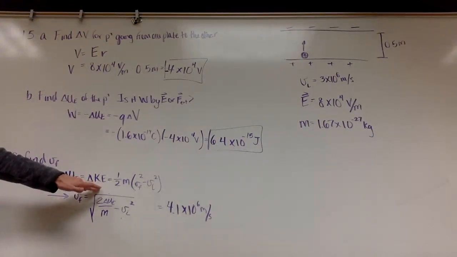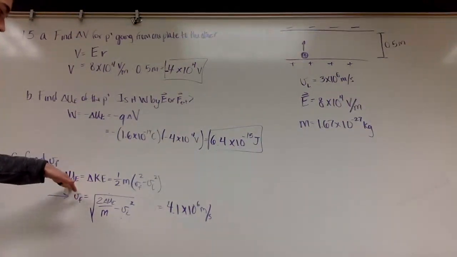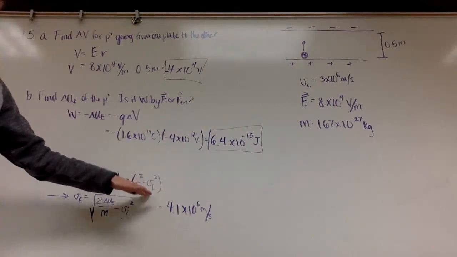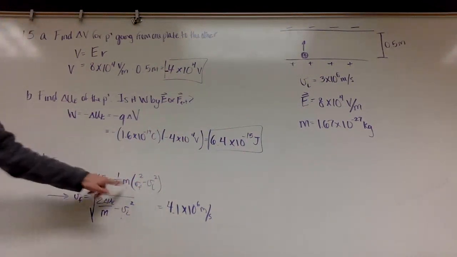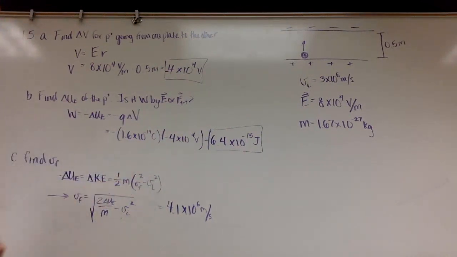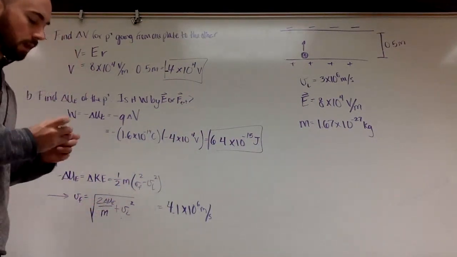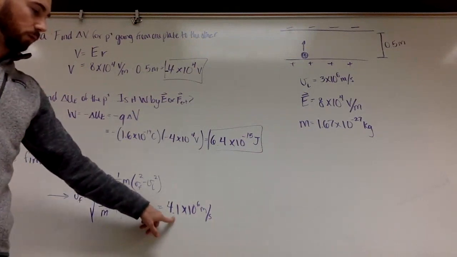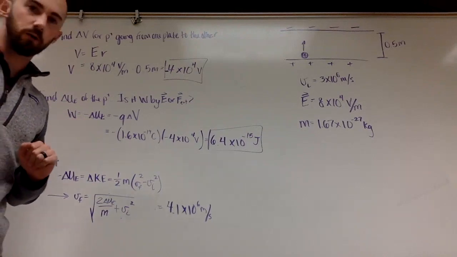And then finally here at the end, we know that our change in kinetic energy is just going to be equal to the amount of energy we lost in our electric potential. So we set our change in kinetic energy equal to our change in electric potential. So 1/2 m final velocity squared minus initial velocity squared. When we rearrange, we're going to double this side, divide by m, and then add VI. My apologies. There we go. And when we do that, we end up with a final velocity of 4.1 times 10 to